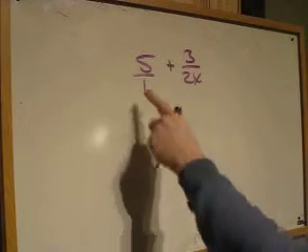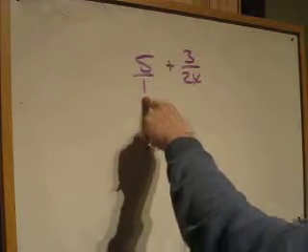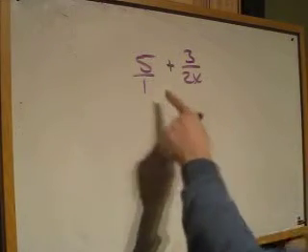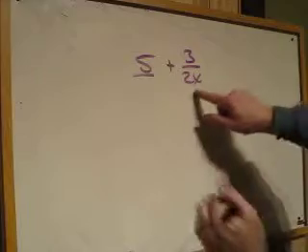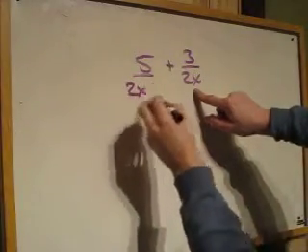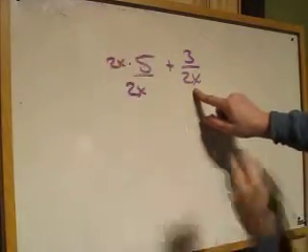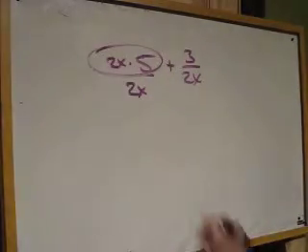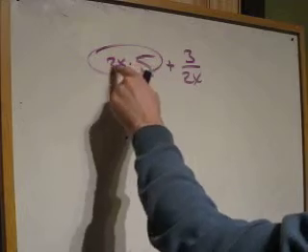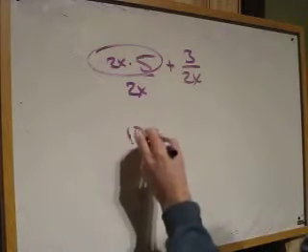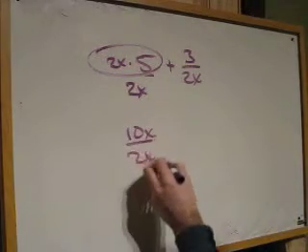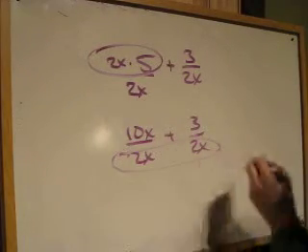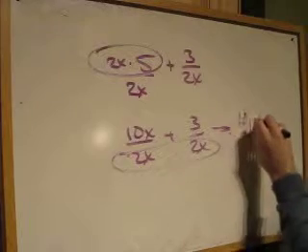Also, if you remember, I said if you have a 1 in your denominator, it will mirror or become whatever this is. So, I've got a 1 there that will automatically turn into a 2x, but I need to remember to multiply that times 2x as well. So 2x times 5, remember we can multiply the numbers, not the variable. Just tack the variable on there. And 3 over 2x. And because our denominators are the same, we can combine everything. 10x plus